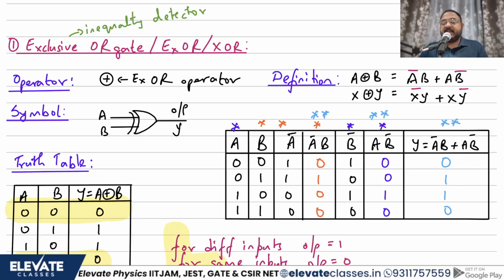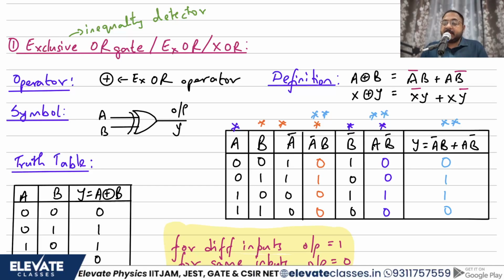Now this is a very, very important conclusion. If you remember this, you are through with the XOR gate. If you remember this, you can remember the XOR gate. There's nothing more to the XOR gate than the rules that we have written here. Okay, so summarizing, this table is only this much. Same inputs हो तो output 0 होगा, different के लिए 1 होगा.